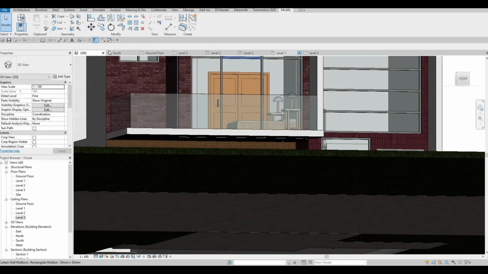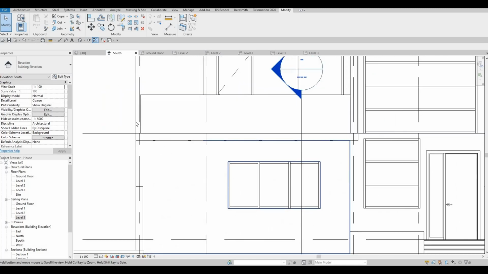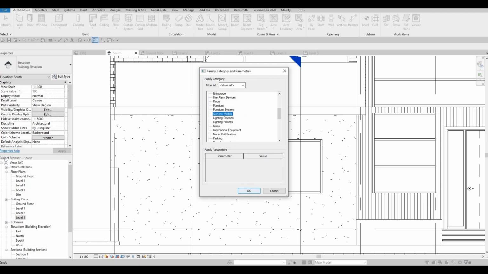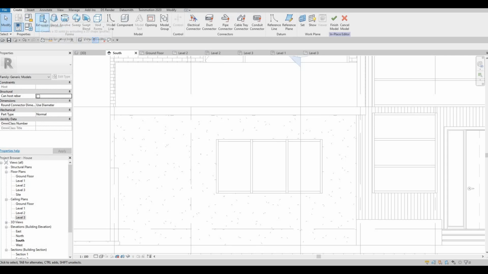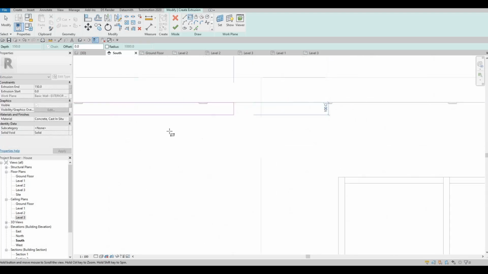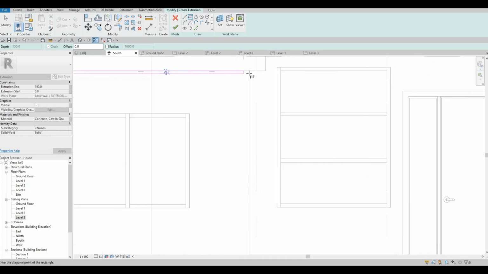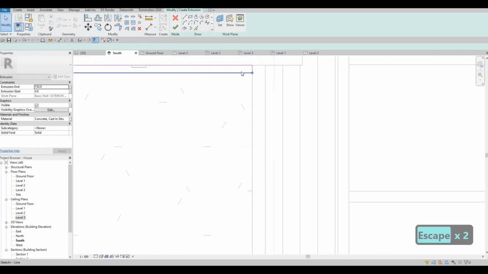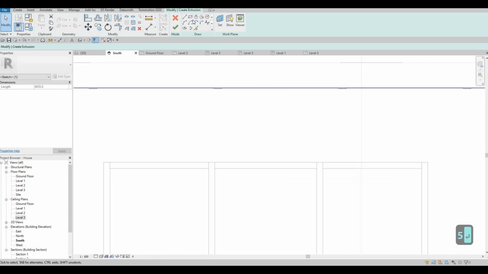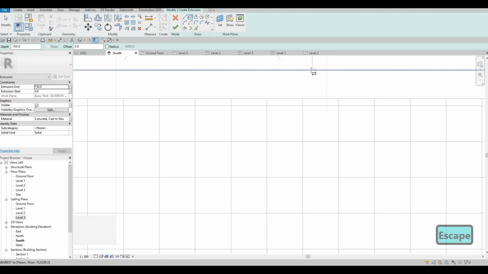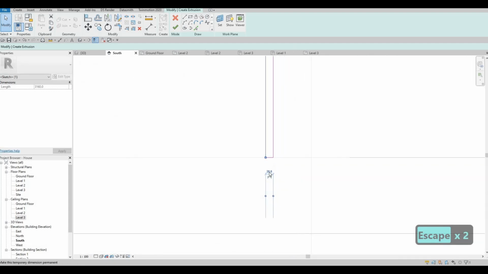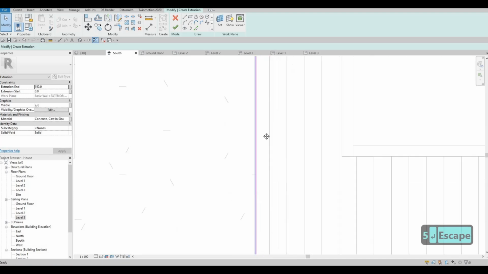And then here, like I said, I'm gonna go to south elevation, and I want to add something right here. So I'm going to model in place, generic model, and then I'm going to just create an extrusion, pick a plane, and I'm gonna select this plane. It's going to be really small, but it will give it some character. This will be 5, and then I'm going to add all the way here, going up again, and then this will be 5 again, and then we're gonna connect them,